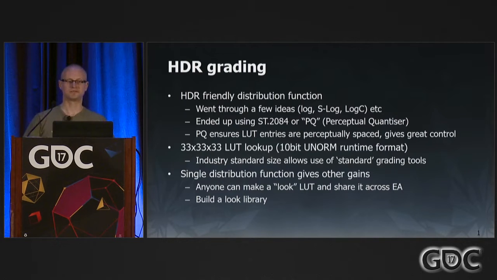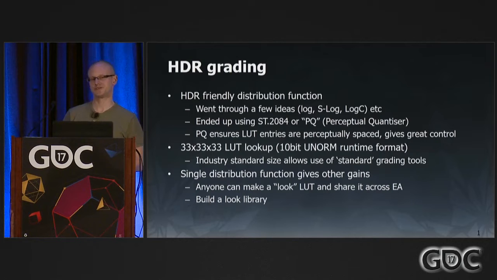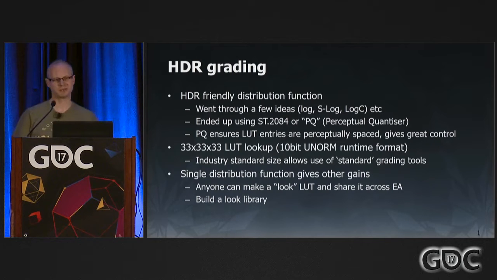And I've looked at the wrong slide. How do we do this? We wanted to find a nice distribution function for our color grades. And we did look at a few different ideas for this. We're really looking at log space because it made sense, especially the Sony S-log curves seem to look really quite nice. But we ended up using